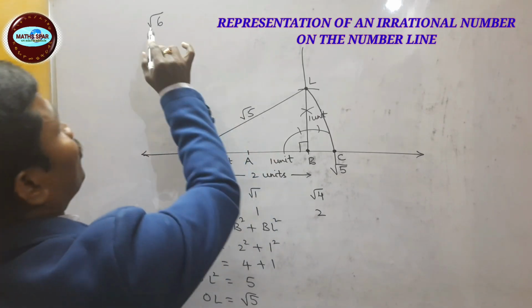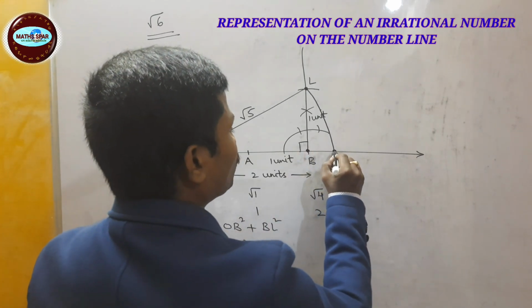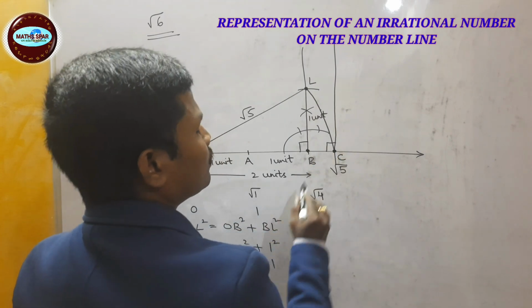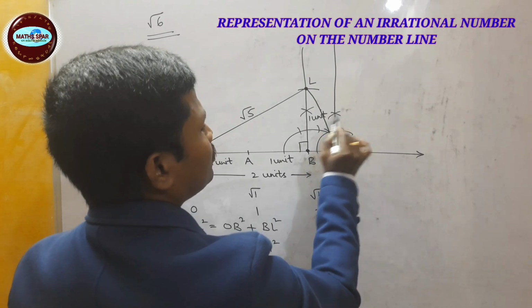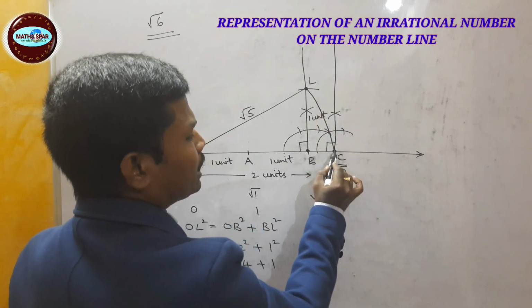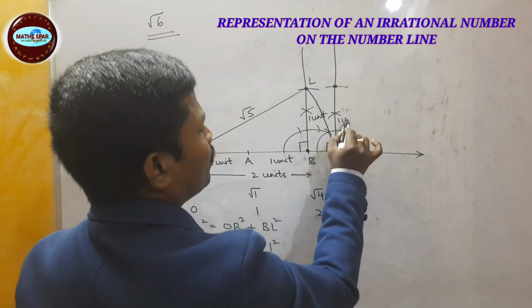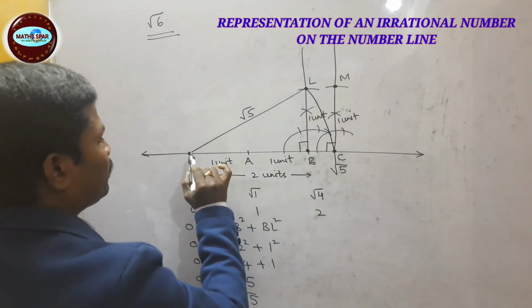Then we are supposed to find root 6. So at root 5, draw a perpendicular with the help of a compass. Then with C as center, cut an arc of 1 unit on the perpendicular, mark it as M,